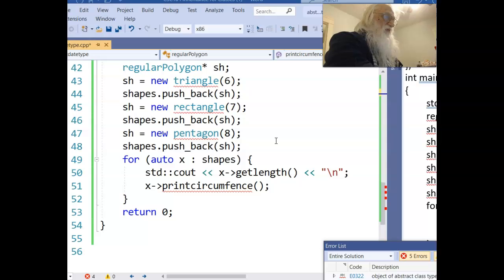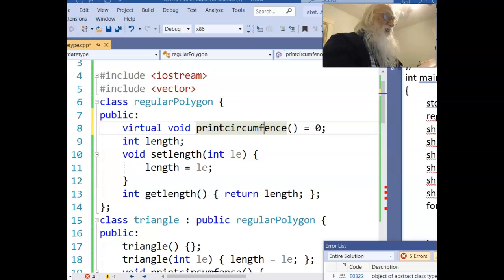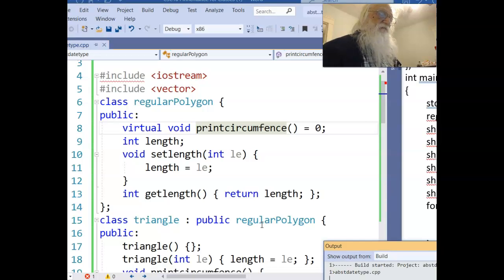I'm still getting an error. Now we'll see what happens, because it worked before. It should work now. We'll see. And it worked. I got successful. And now if I run it, pardon me, if I run it,